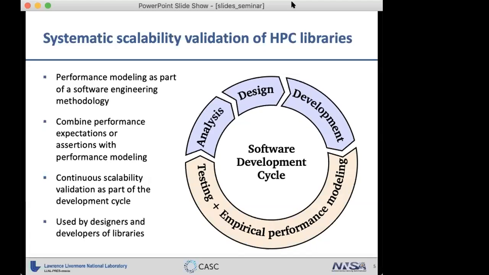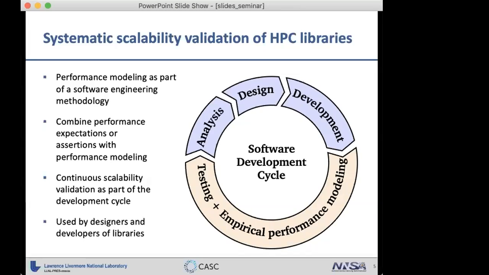You can think about it as if we added this approach to the testing phase in a software development cycle, where we can,